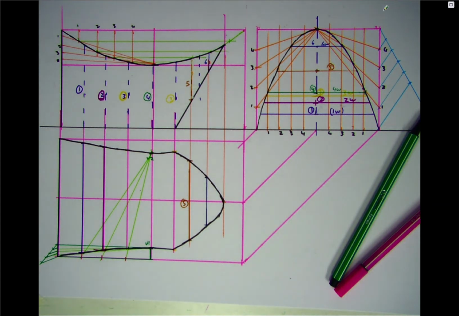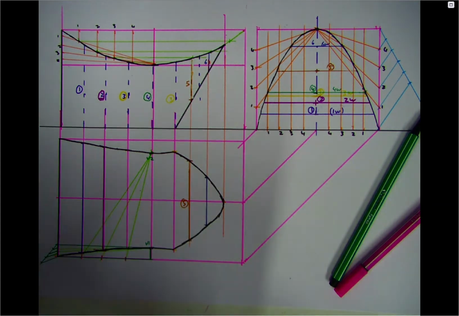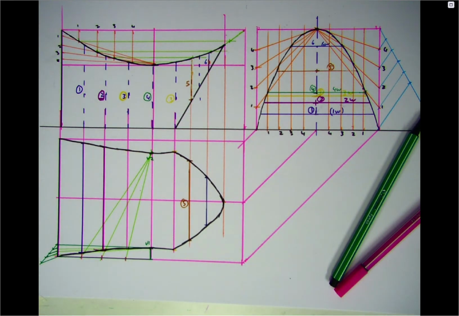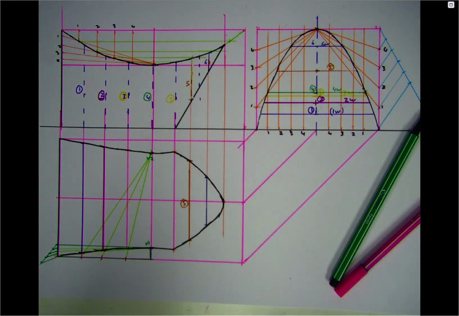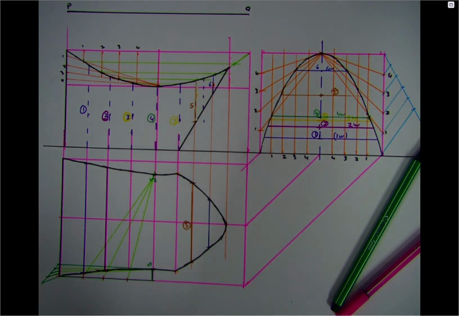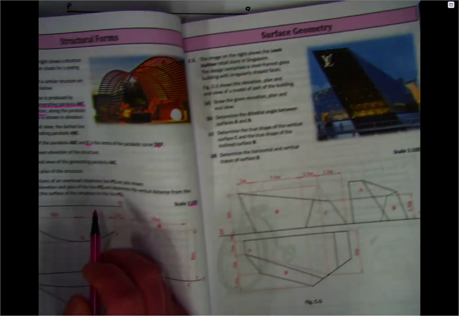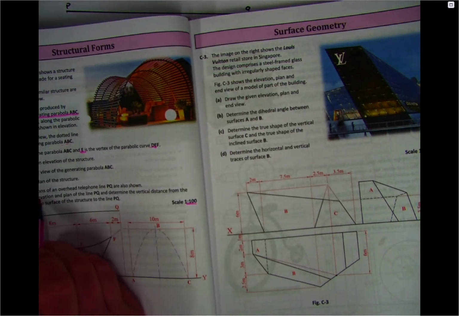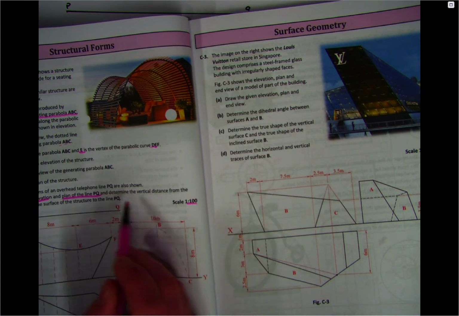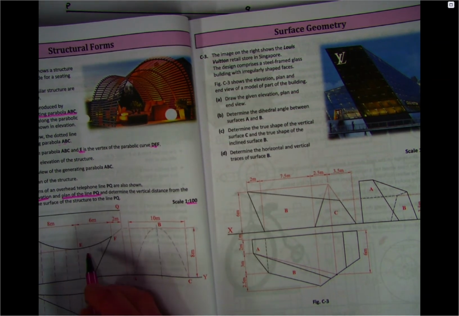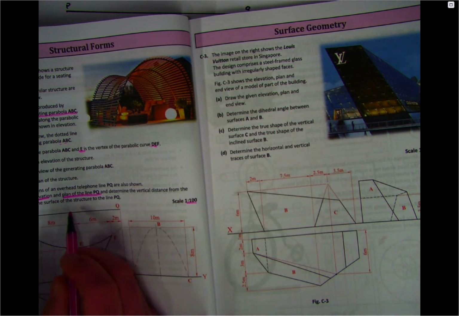Okay, so the last part, part C, asks us to treat P and Q as an overhead power line. Sorry, I'll just move that down there. So basically this P and Q that we did in part A is an overhead power line and/or telephone line, and what we were told is to draw the elevation and plan of PQ. So we've the elevation done, we'll draw the plan of it, and determine the vertical distance from point R on the surface. So basically point R is going to be somewhere here, we'll have to figure that out, to the line